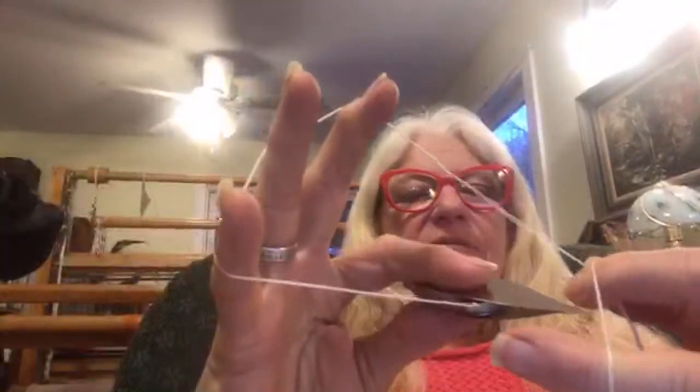Close ring. What is it? Wait a minute. 3 double stitches, P, which is Picot, comma, 3 double stitches. So to make your Picot, you're going to just do the same thing. You're going to go under, over, and through. Loosen this one, pull this one tight, but you're not going to go as close. So you're going to leave